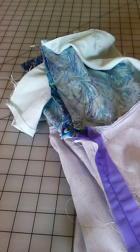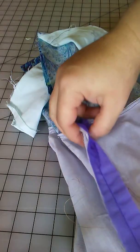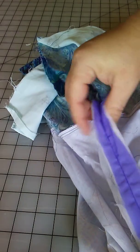So today is zipper day. When I sewed up the bottom of the skirt, the back seam, the instruction had said to only sew to a certain point. Yes, right here. But I